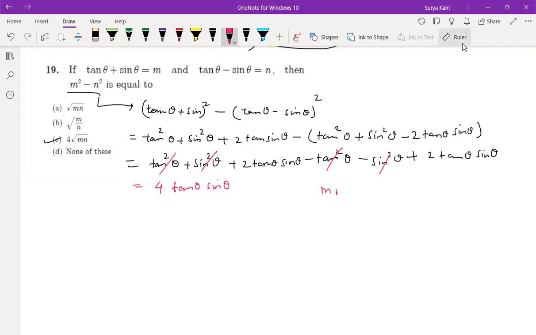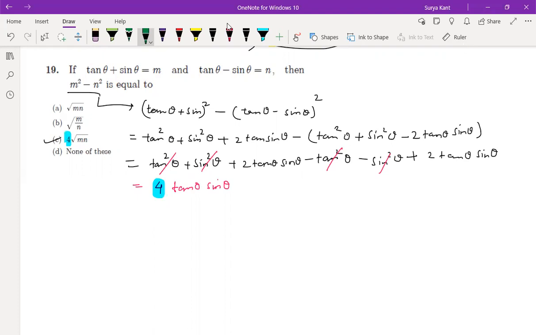m into n. What is m into n? Tan square theta minus sine square theta. How are we getting m into n? Tell me, Praharshan. Sir, I got 4 earlier, and I got tan theta and sine theta. I just wrote option C, which was the one more related to this. Okay, more related. How is mn coming? Sir, just multiply both of them, you'll get tan squared theta plus sine squared theta. So that is mn.